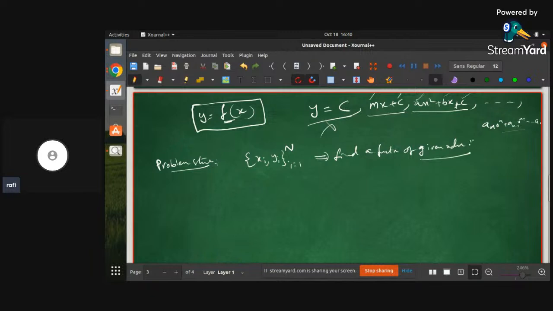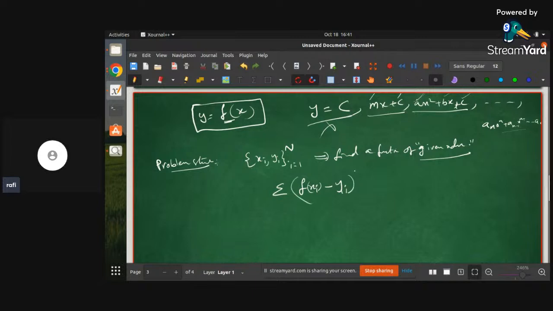For now, let us say the order is given, or for any order, you need to find a function such that f of x minus y, or f of xi minus yi,